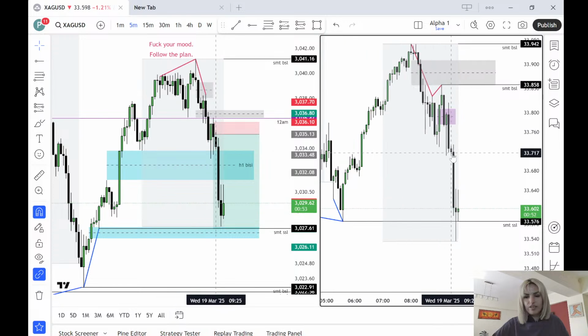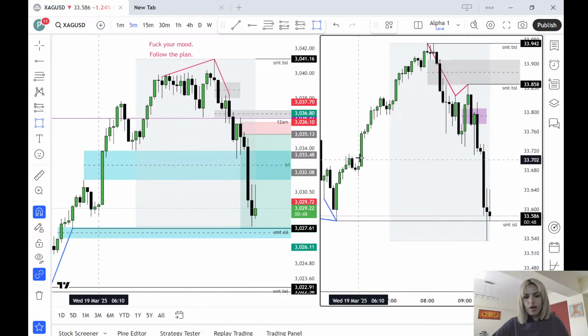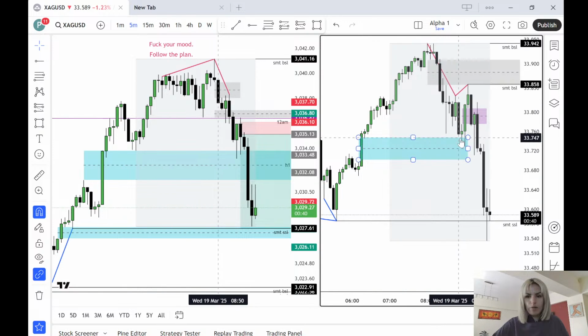Was the fact that here on silver, you see how it entered inside this 615 BISI on silver, this one. Look at how it rejected off of there with the 9 a.m. candle and then the 905 candle forming this bullish fair value gap. So,